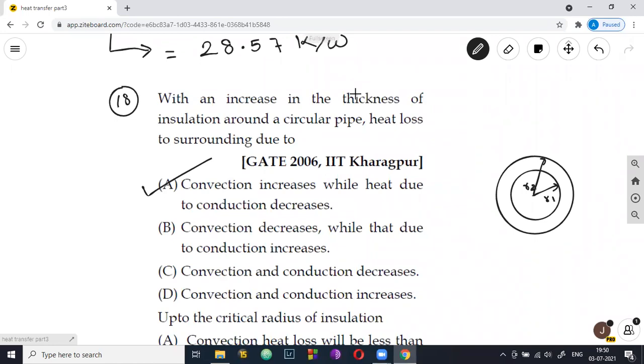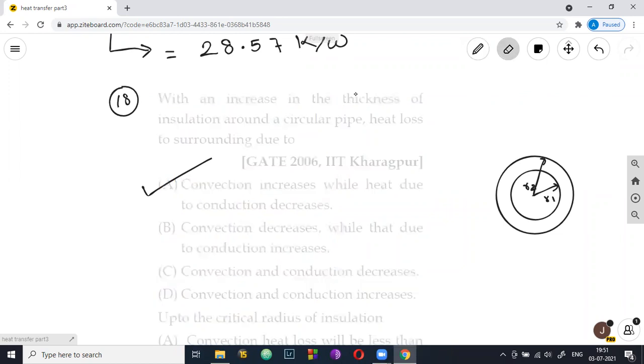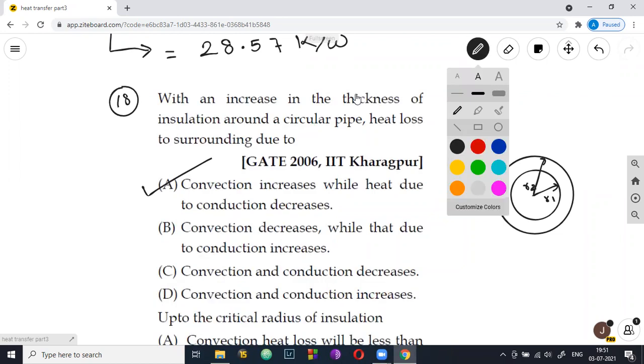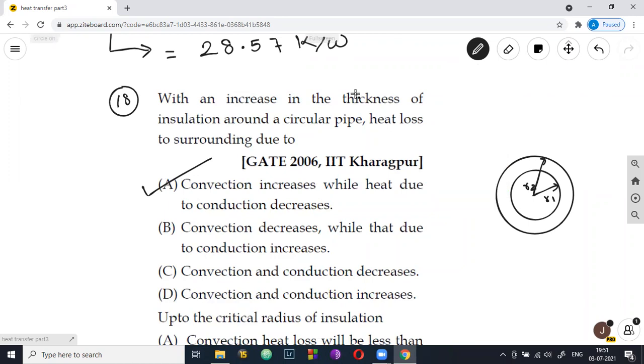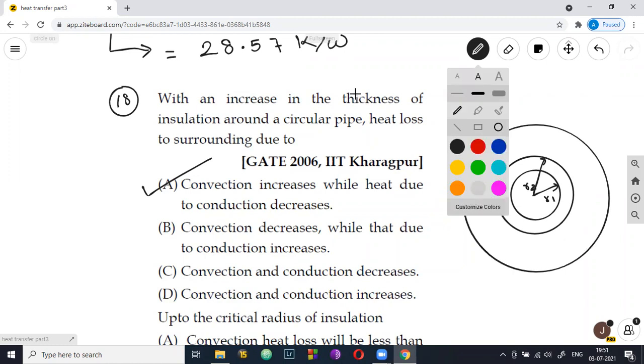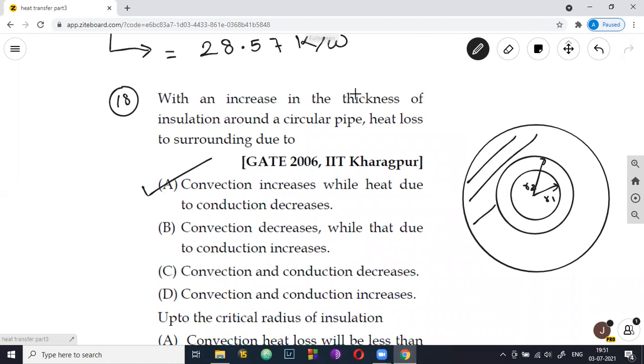Now, the surface area of this cylinder body is this outer surface area. Let's say the temperature inside is higher and the temperature outside is lower. So if it is rejecting heat, this is your surface area. Now let me do one thing. Let me introduce an insulator. Let me draw one more circle here. Let's say this is my insulator. The shaded region is my insulator. Now, if there was no insulator, what would have happened? Just wait a minute.